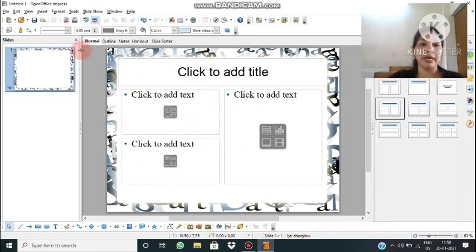One more bar I am leaving out, which is very important. This is the slide view bar. There are basically about 5 to 6 views of every slide, and by default we work in the normal view of the presentation, where the screen is divided into 3 parts. First is the slides pane, second is the workspace where the slide is shown in a big size, and last is the layout pane.